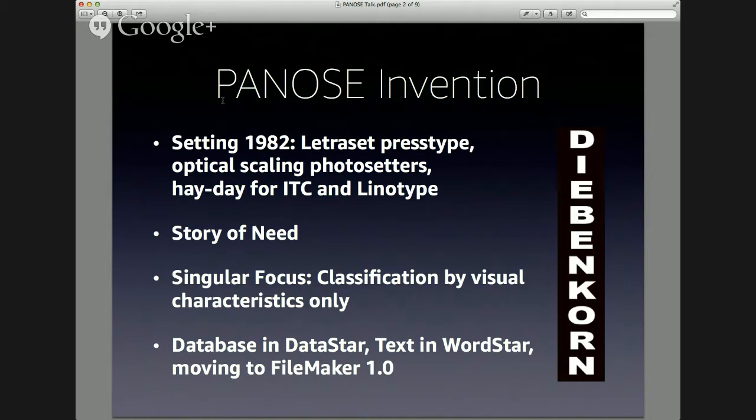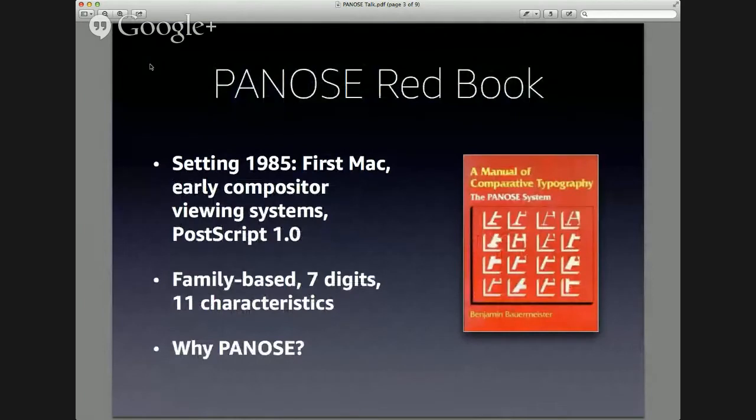As I researched it some, I found that there were a number of different type classification systems, but with all of those you already had to know a lot about type to even use the classification system. You had to know what transitional meant and what the old style character shapes were and things like this. And I wanted it to be based purely on the visual classification. So I built this database and